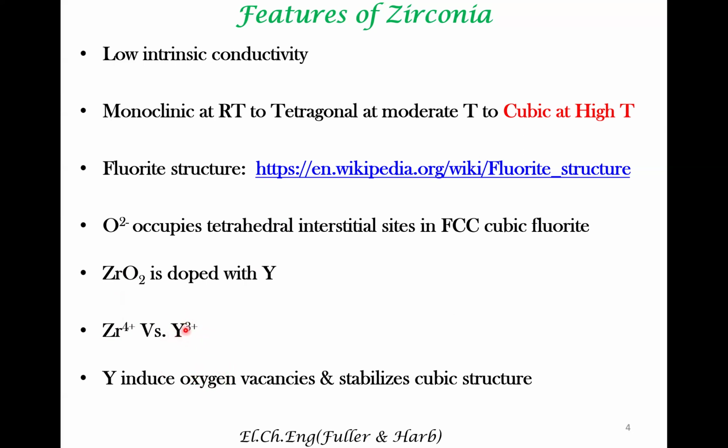So when a lower valent cation substitutes in place of a higher valent cation in a host oxide, the bond between cation and anion is weakened, thereby promoting oxygen vacancy formation. We'll see why this is important. In addition,